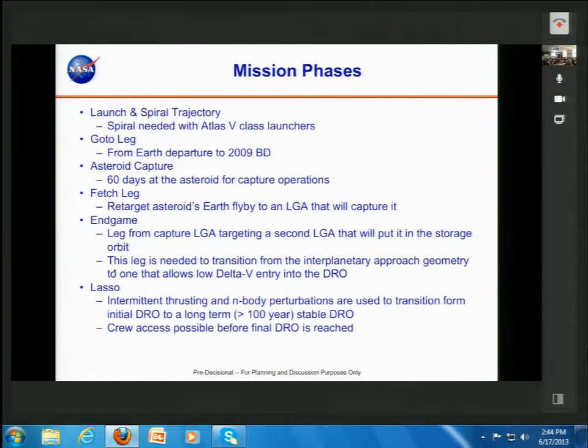We're trying to get there as soon as we can because we don't have a big asteroid on our back, and we want the time to bring the asteroid back. When we have a lot of mass to push, we want to maximize the time. Then we have the asteroid capture. So there we have 60 days at the asteroid for